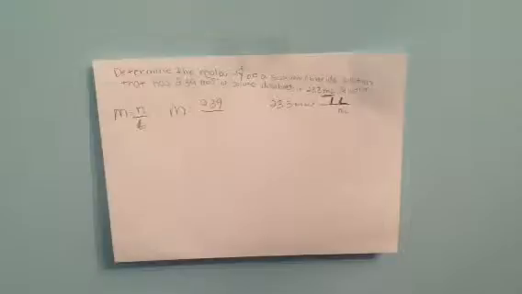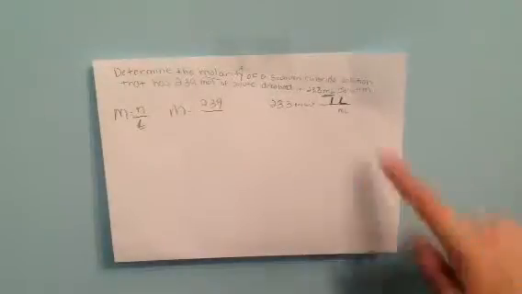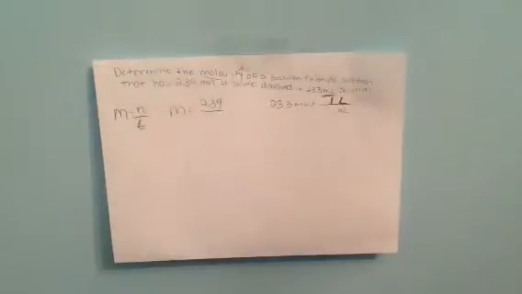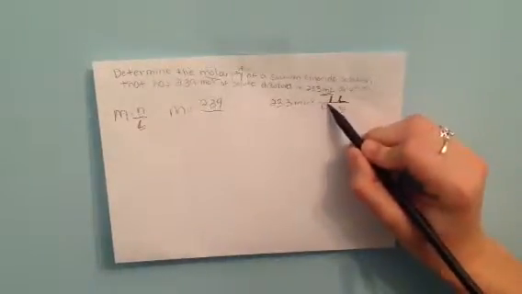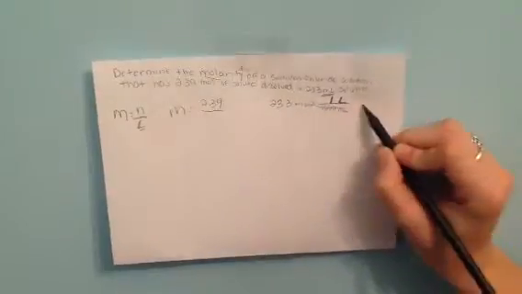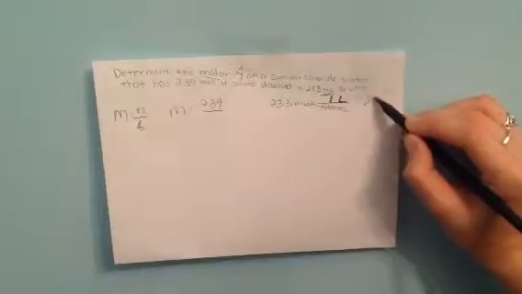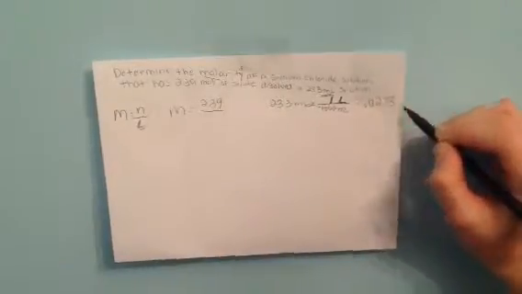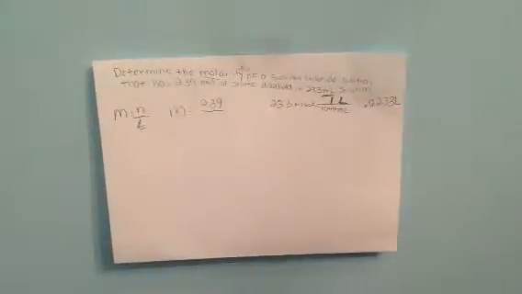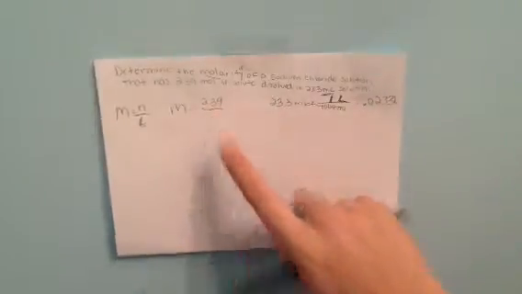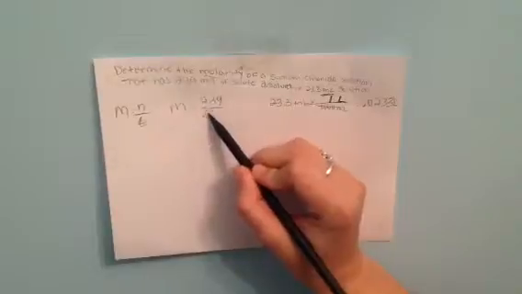So the liter is going to be bigger than the milliliter, because there are more milliliters in 1 liter than there are liters in a milliliter. So you're going to put 1,000 on the bottom, and then when these cancel out, you're going to get